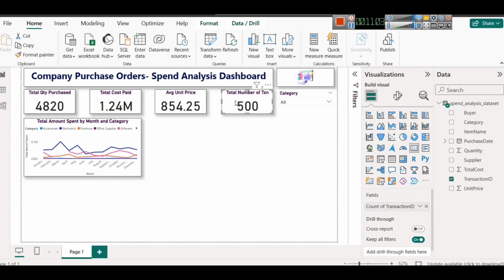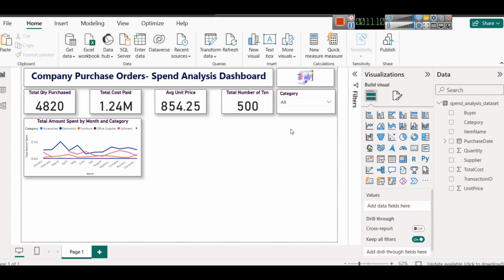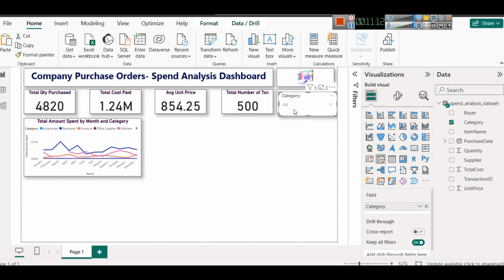Next, we can copy this, so we can use the format painter and apply it here. So this way our slicers will be ready. We can copy and paste it, so this slicer will be here. And next we can use is buyer,